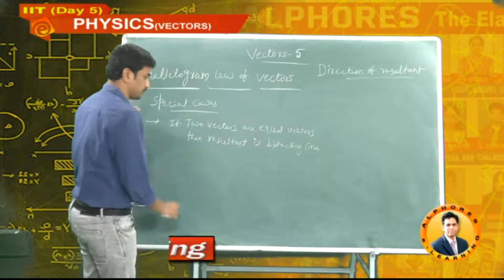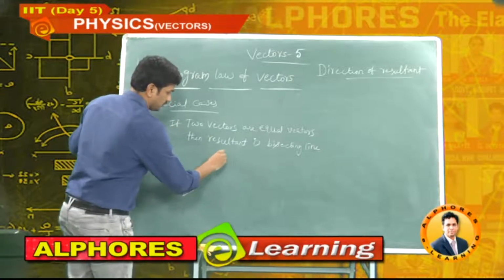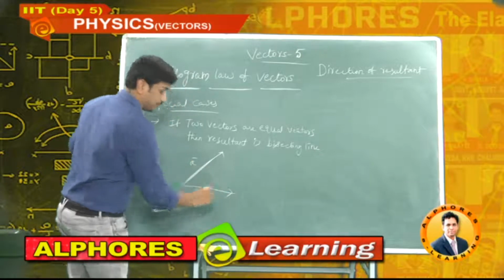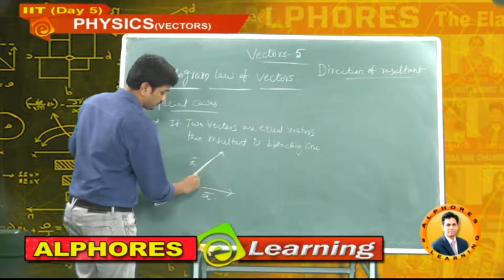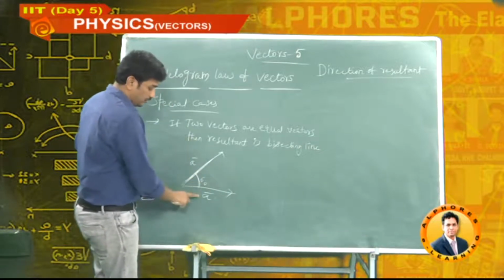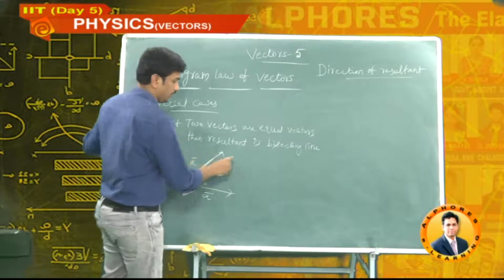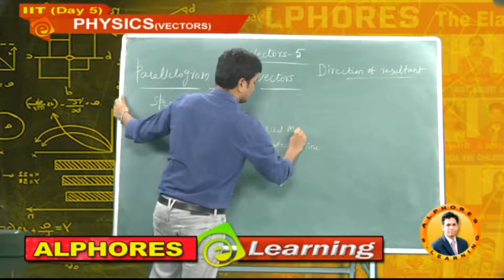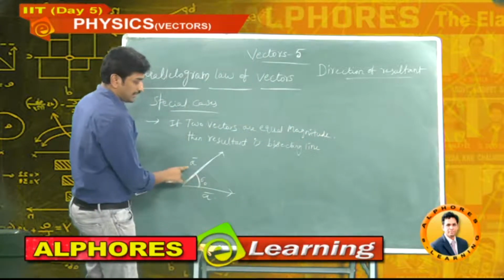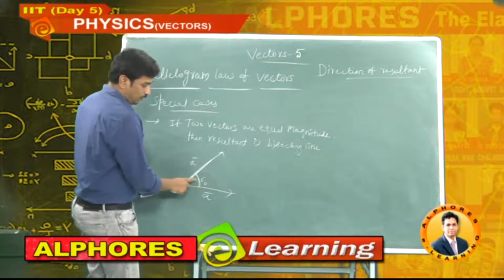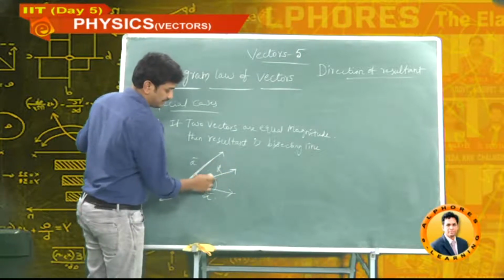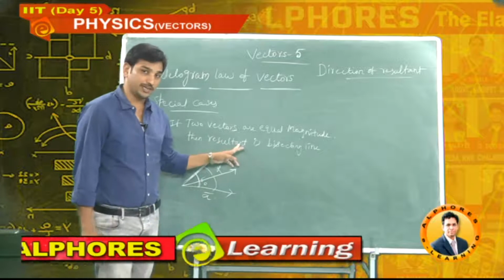Can I prove this? See here. It's also A, it's also A. Both are equal. Angle, suppose, 60. According to this statement, two equal vectors? No, equal magnitude. Two are having equal magnitude because the direction is different. Two vectors having equal magnitude. Now the angle is 60, where is the location of the resultant? Exactly the bisecting line. This is 30, this is 30. That's what the statement means.